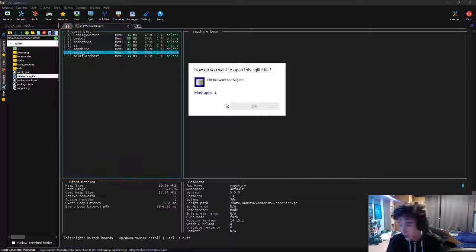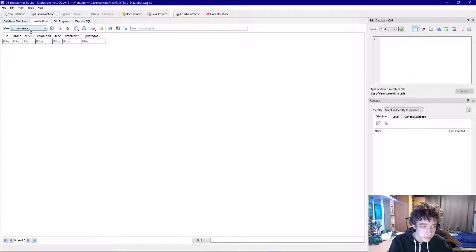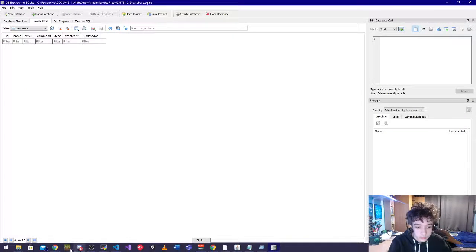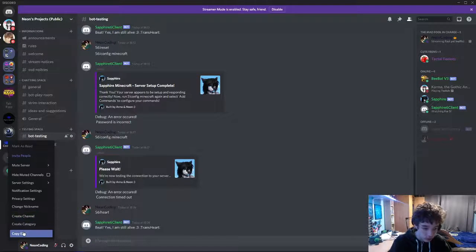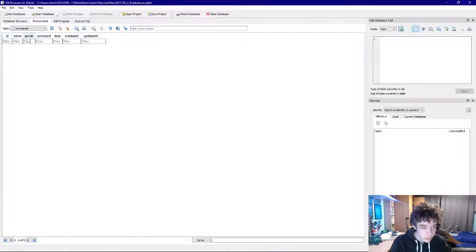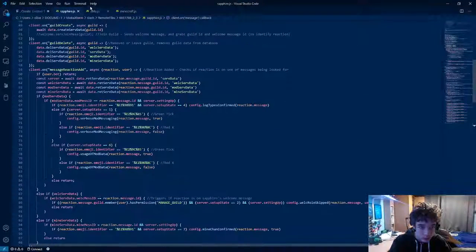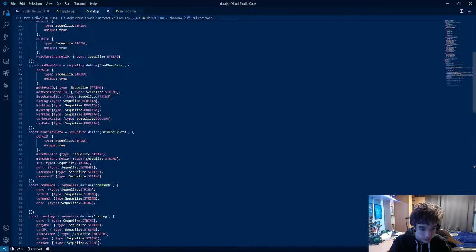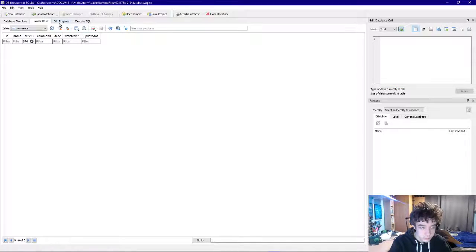Now, we open with the database browser. And we'll just go commands, ID. We need my service ID, which we just copy. Ooh, okay. Where did that ID value come from? We'll just give ourselves some space. Okay. Yes, that's not how I edit this. What you do instead